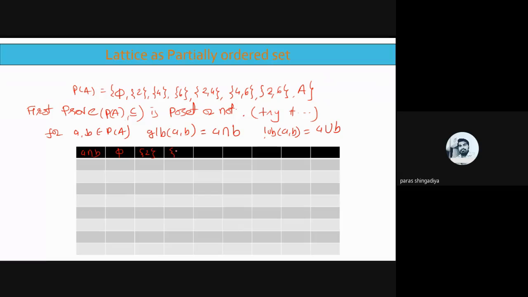Okay, यहाँ पे आपको सब replace करनी है. And after 6, 2, 4, 4, 6 here, and then after 2, 6 and the capital A itself. ठीक है, and use this data in this column also. 5, then after 2, okay, 4, then after 6, 2, 4, 4, 6, 2, 6 and the A itself. Clear? This is given data और हमें find करना है intersection.